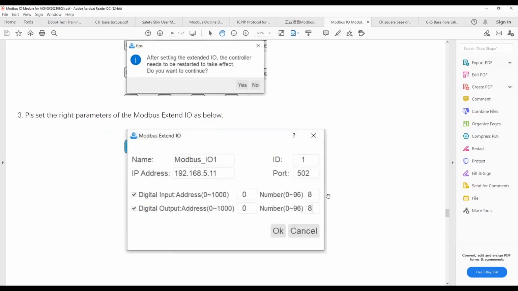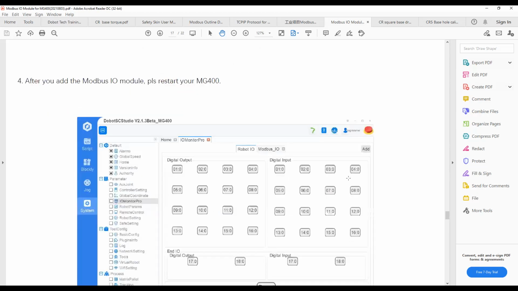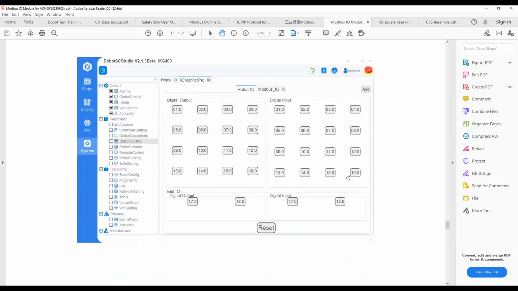Okay, so after we finish this setting, we can see that